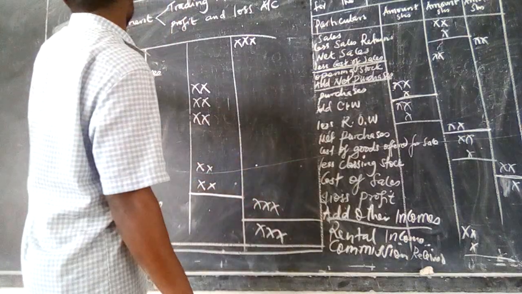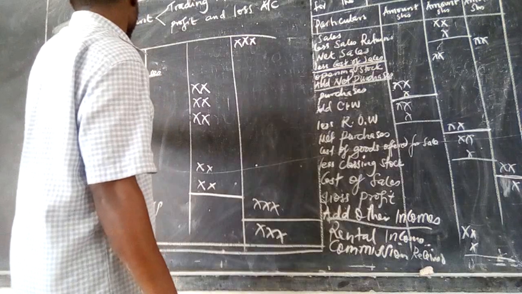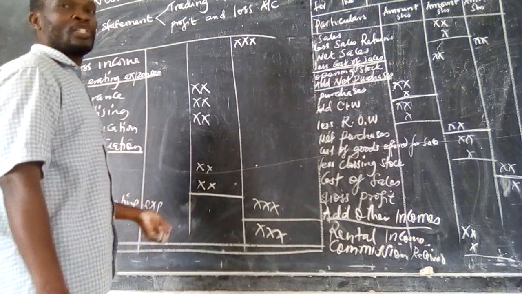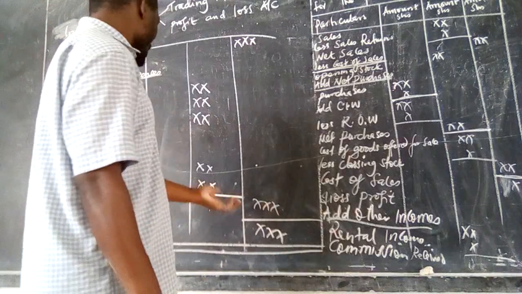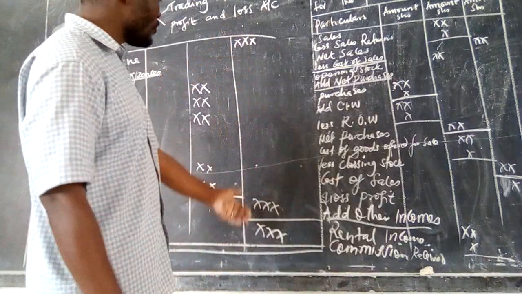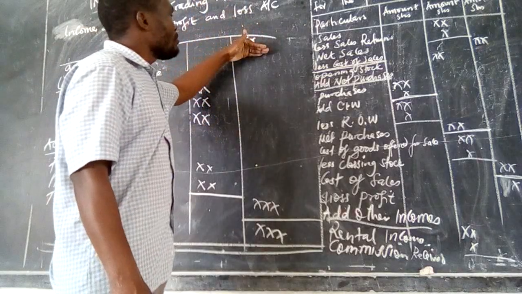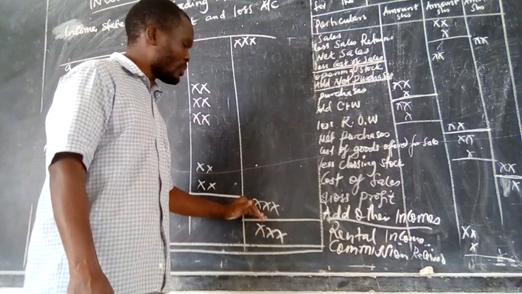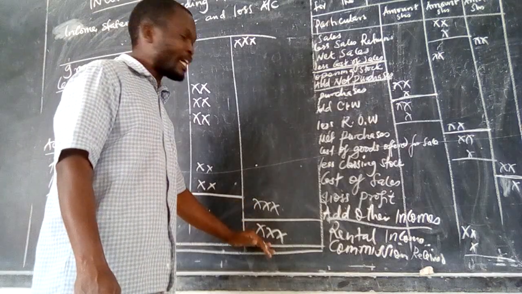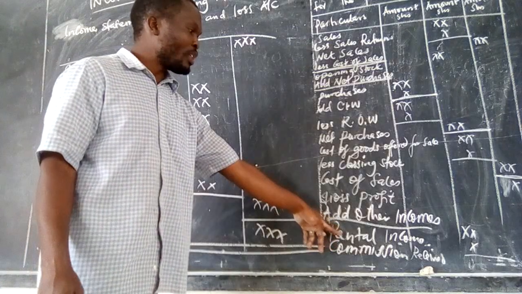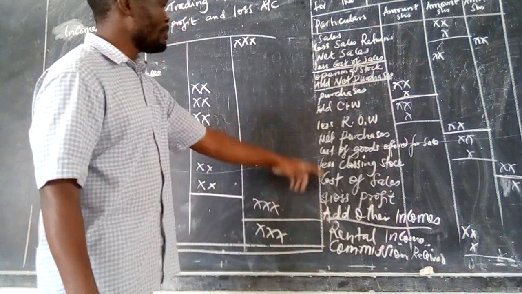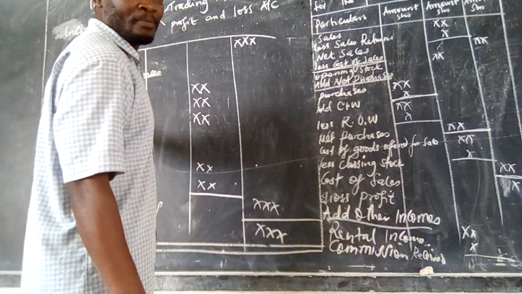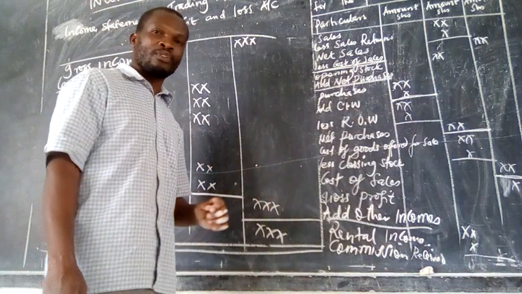Add other incomes, subtract other expenses, those are operating expenses. Then add depreciation if there is any. Then you get the total operating expenses. When you get the difference between gross income minus the total operating expenses, you get the net profit. And at times, in case you don't have other incomes, it will be gross profit minus operating expenses to get the net profit of the business.